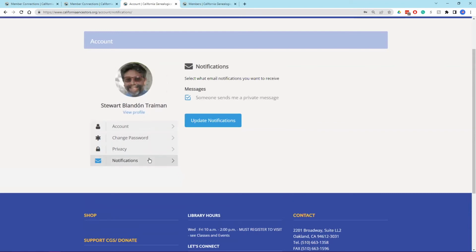And then finally is notifications, when someone sends you a private message, that you want an email to be sent to you. And I think that's a very helpful feature. Otherwise, you would need to be logging into Member Connections every day, every week, every month to see if there are messages waiting for you. But if someone does message you, it makes sense that the system will then send you an email directly to your inbox. And I have in the handout